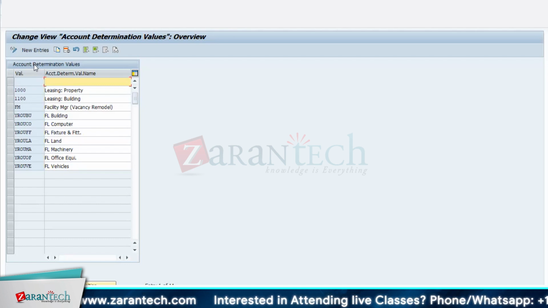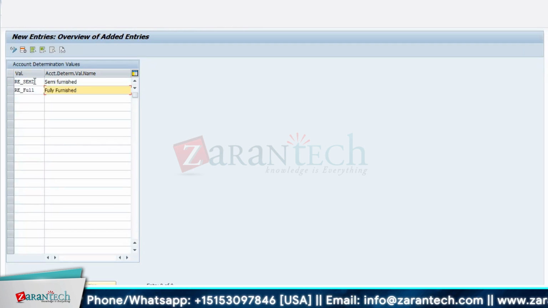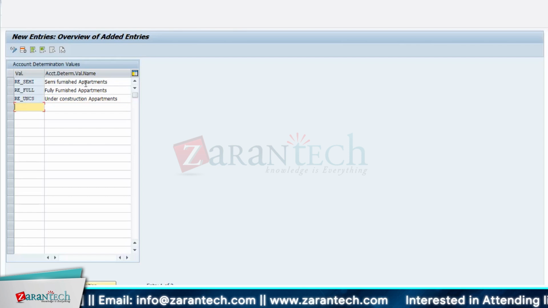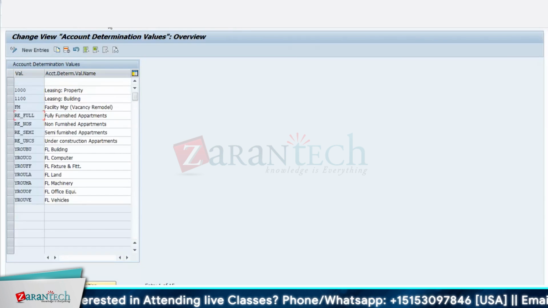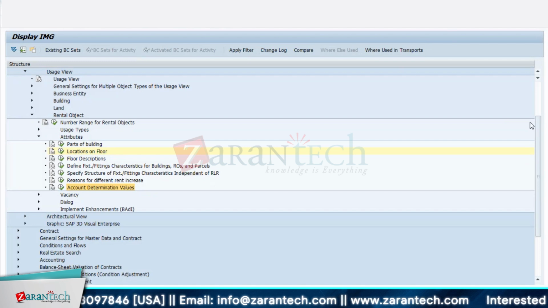So, leasing property, leasing building, land, machine. Against semi-furnished, you can maintain semi-furnished apartments, and one you can mention as RE underscore non, that is non-furnished apartment. So these are the configurations which we do for the rental object. Okay, so now the next thing